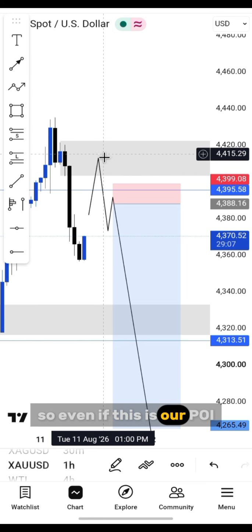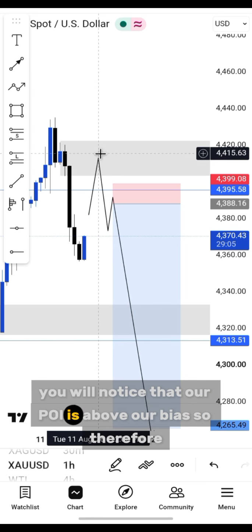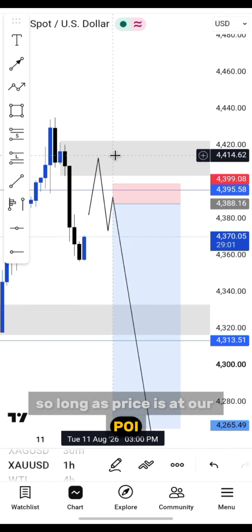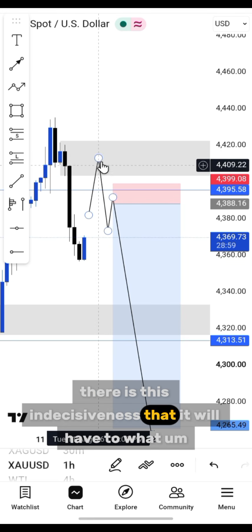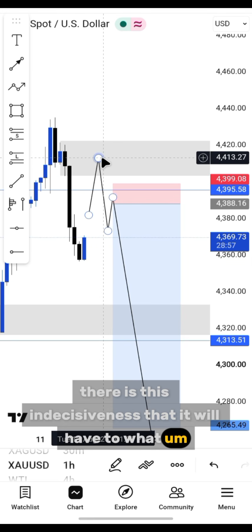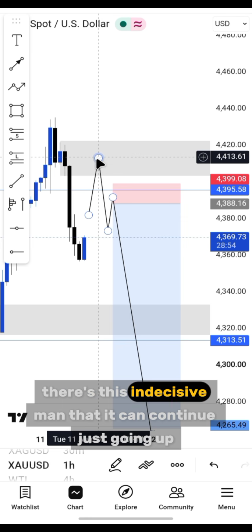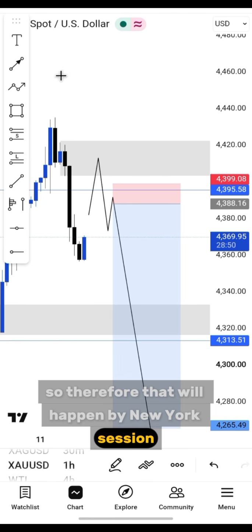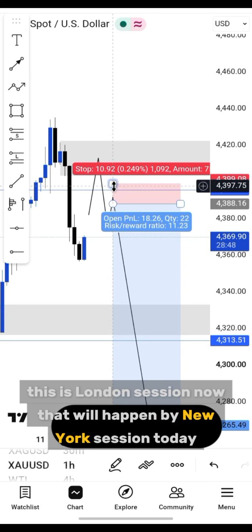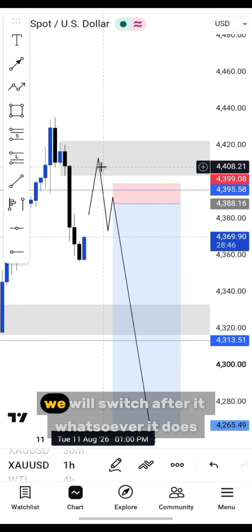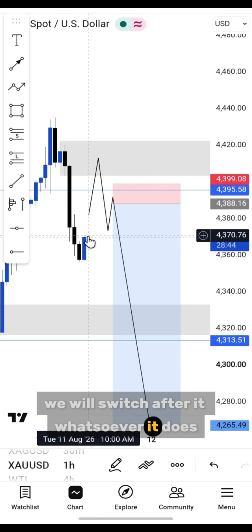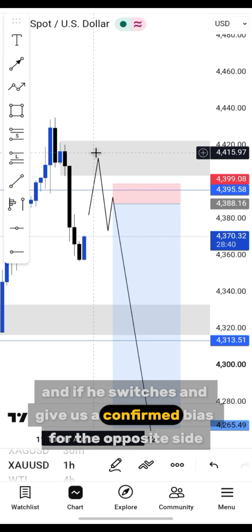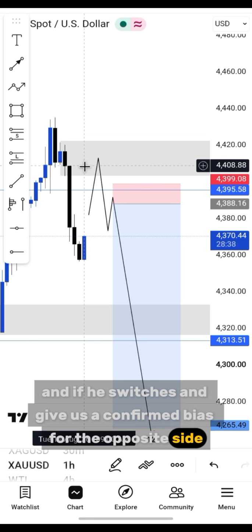So even if this is our POI, you will notice that our POI is above our bias. So long as price is at our POI, there is this indecisiveness that it can continue just going up. That will happen by New York session today. This is London session now. If that happens to be the case, we will switch after it. Whatsoever it does, we mount it. That is just it. And if it switches and gives us a confirmed bias for the opposite side,